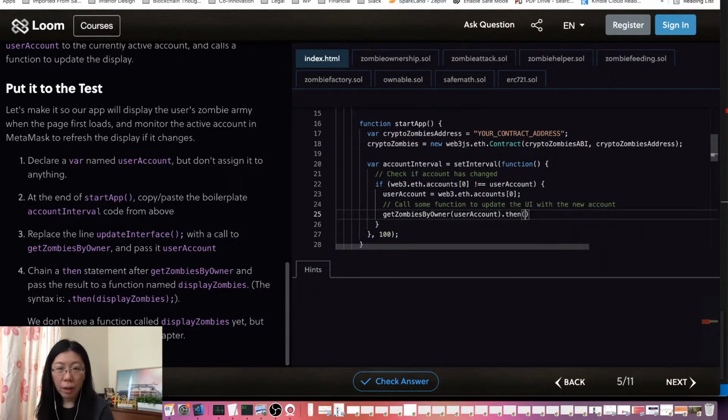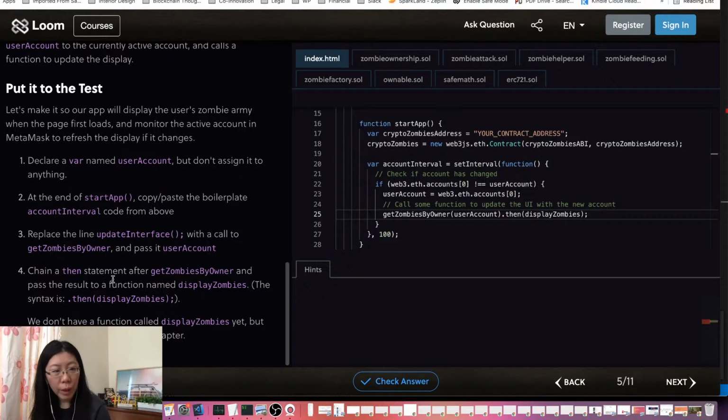You say, hey, my previous function, whatever the output, please pass it to another function. So we don't have this function yet, but that's okay. This is how you build the interval loop to update your user account, and this user account is passed on to the getZombieOwner function, so the UI will refresh based on the new account you swapped to on the